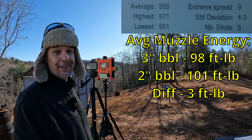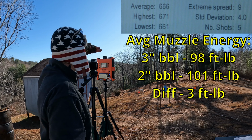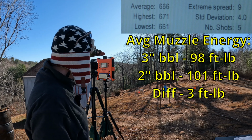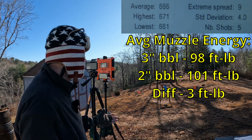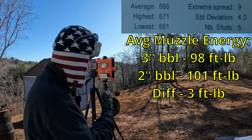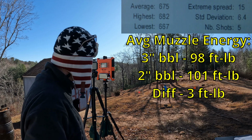All right, once again, some incredible consistency from this stuff. That time we had a 5-round average, actually a little bit lower than the shorter barrel, of 666. Our extreme spread was 9 with a 4 standard deviation, so very, very nice on that consistency. 666, and if y'all remember out of the 2-inch, it was 675, so we actually got 9 feet per second